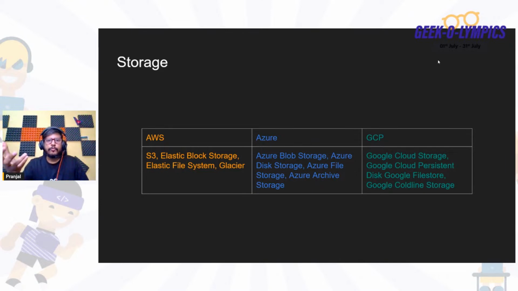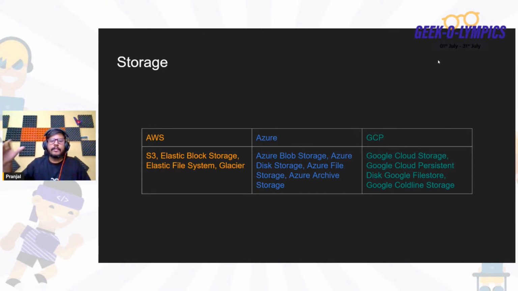Whenever you run a virtual machine, you need some volume where you put your bootloaders and all those things. So it is very important to know about block storage. And then we have something called a file system. Suppose you're working with a huge organization with many team members, and they want to share or collaborate on something, then they can use Elastic File System. Then Glacier is the archival option, where you can put things you want to archive at a lower cost.